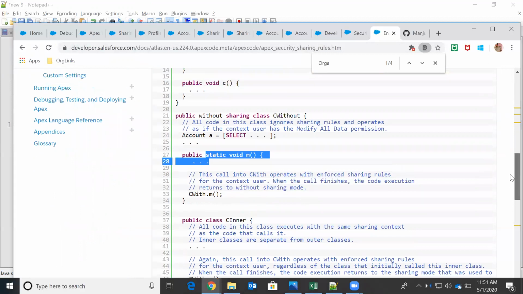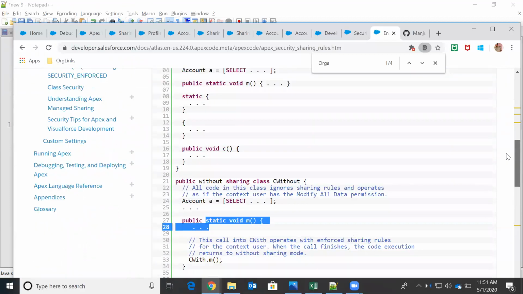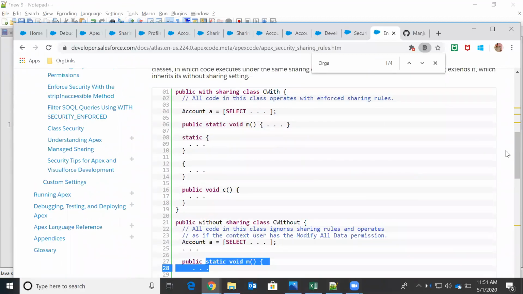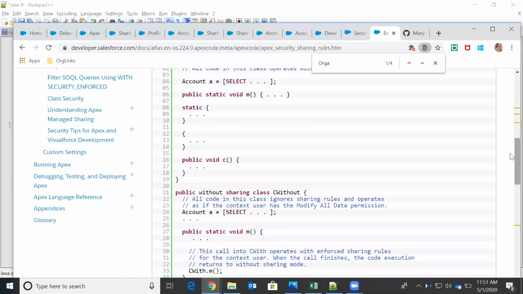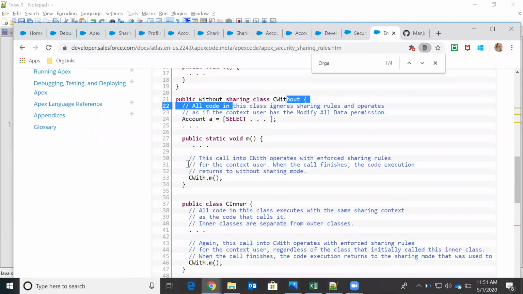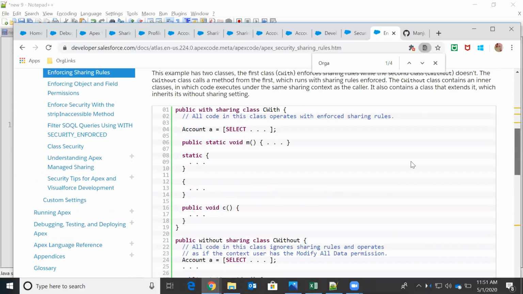Now this is very important. What I feel is this question is very important. If there is a with sharing class and a without sharing class, and from the without sharing class I am calling a method which is part of with sharing, then what happens? And if this method is returning results, let's say a list of accounts, what happens?